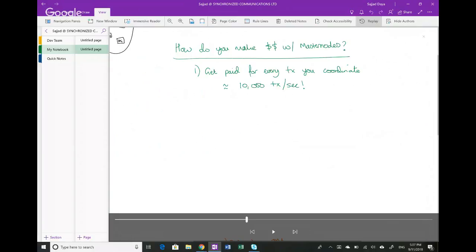This also points to why we need multiple groups of masternodes, right? So how do we get to millions of transactions per second? Well, we have multiple groups of masternodes that are acting upon a subset of transactions, right? And then secondly, going back to SGX, because what those masternodes are doing is all verifiable, you